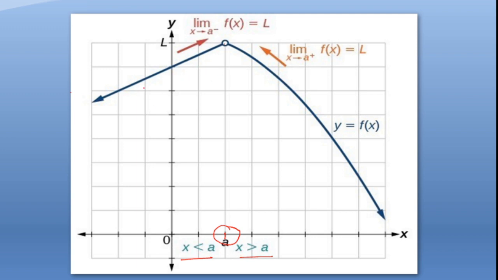These are the left hand limit, and the left hand limit we can write as limit of f(x) as x tends to a minus is equal to L. We are taking it as L here. And for the right hand side, the limit will be limit of f(x) as x tends to a plus, which is also L. Since these two are equal, we can say that at a the limit exists. At this point the limit exists.